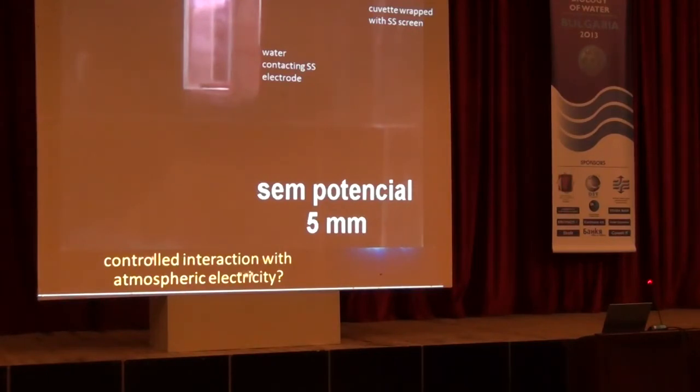Because maybe, take aluminum for instance. You may have a very thin aluminum oxide layer, but that's an insulator. That's a very good insulator. So actually you can build up charge on top of it, even on grounded metal.